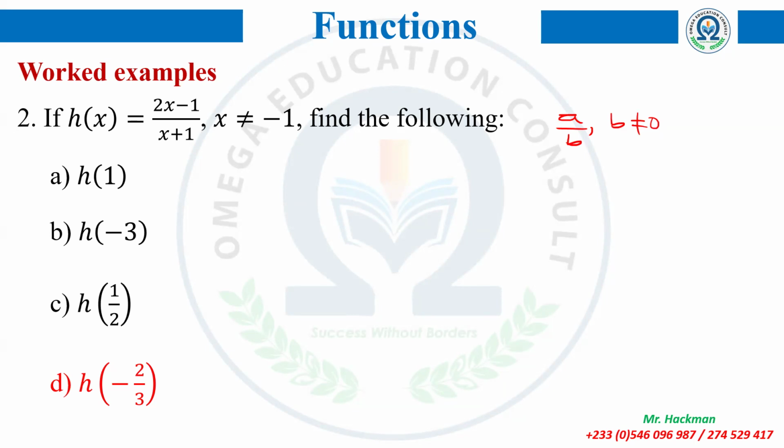If a number over another number, where the denominator is not equal to 0, is referred to as a rational number,